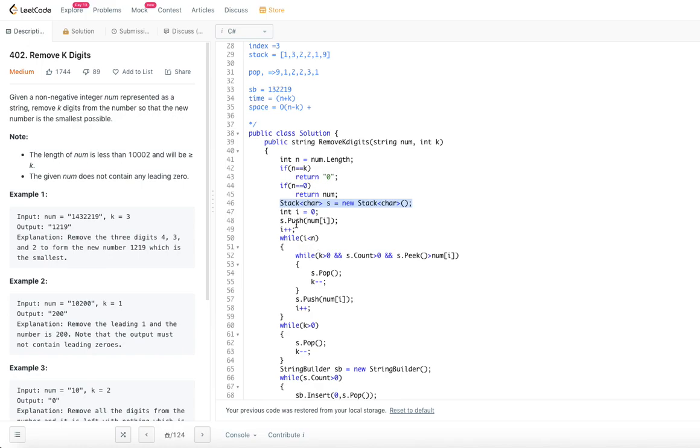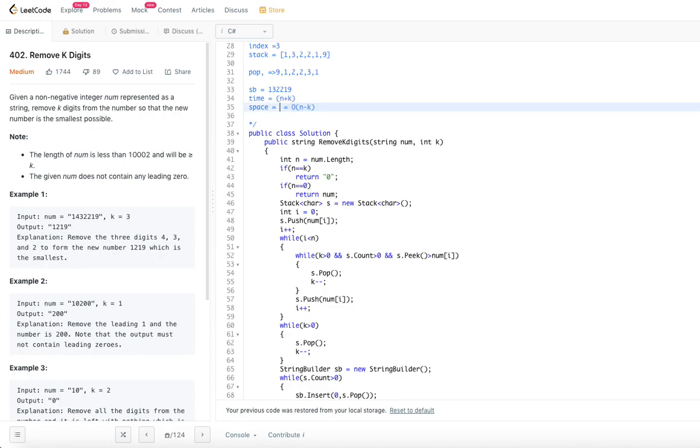How many characters will be there in the stack, assuming k elements are not there? Since k elements will be removed in a given scenario anyway, we will still say order of n minus k stack space. So totally it will be order of n minus k stack space, right?